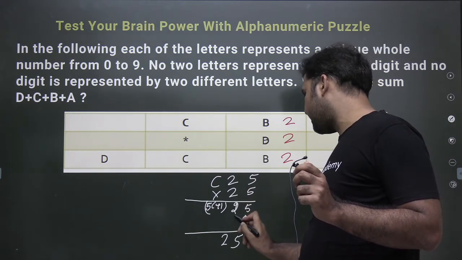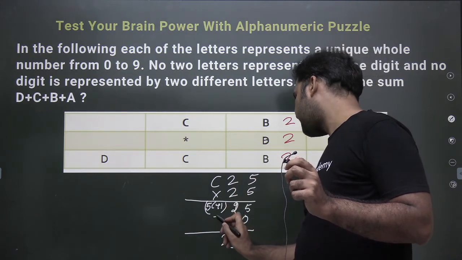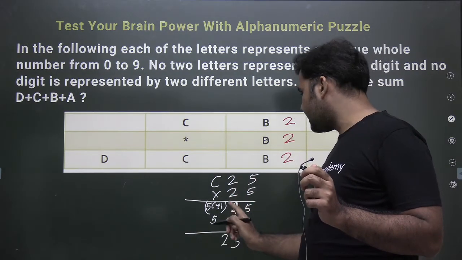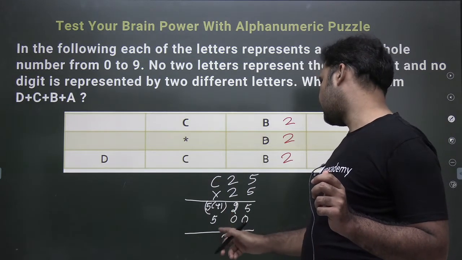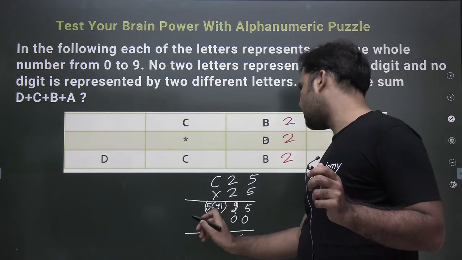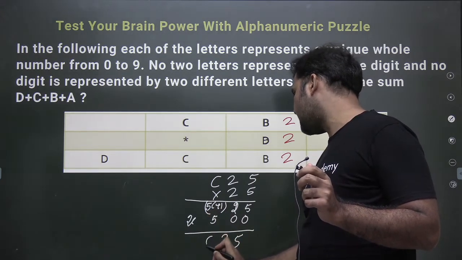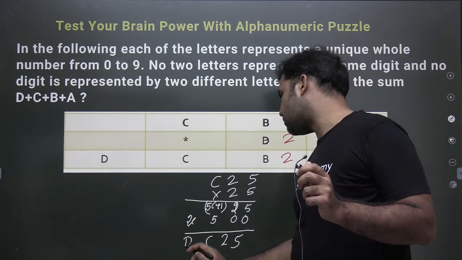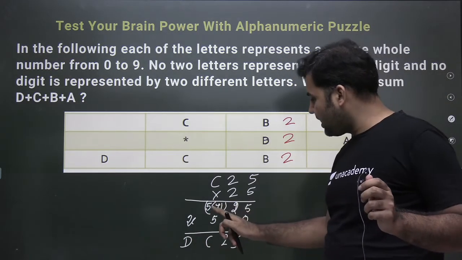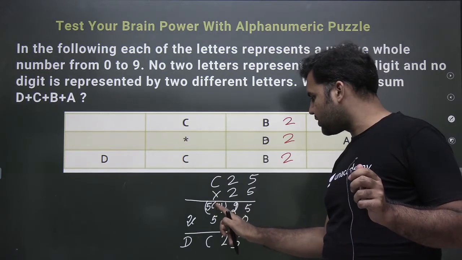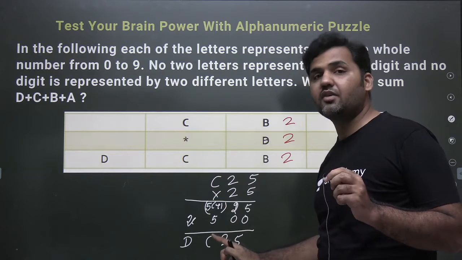2 into 5, 50. Right, 2 into 2, 4 plus 1, 5, right? And this further number would be 50, this would be 2 times of C, and finally you have the number C here, and the number here has to be D. Now the catch here is that when I'm adding a number which is 5 times of C plus 1, I'm adding 5 to this, again I'm getting a number which is ending with C.